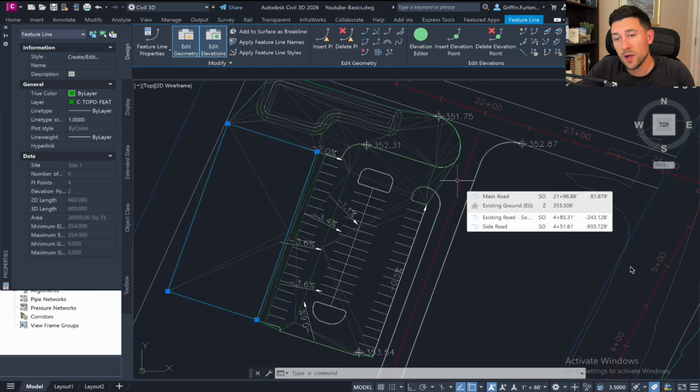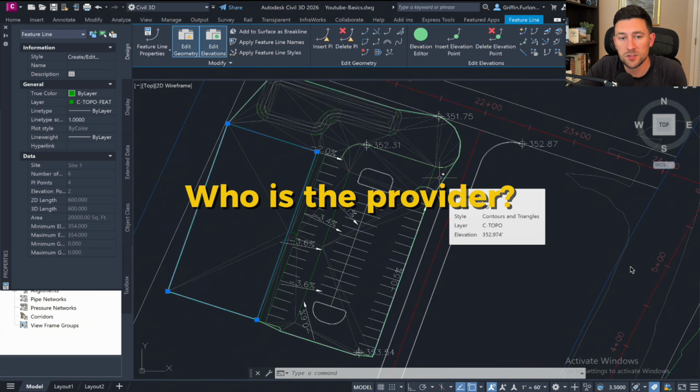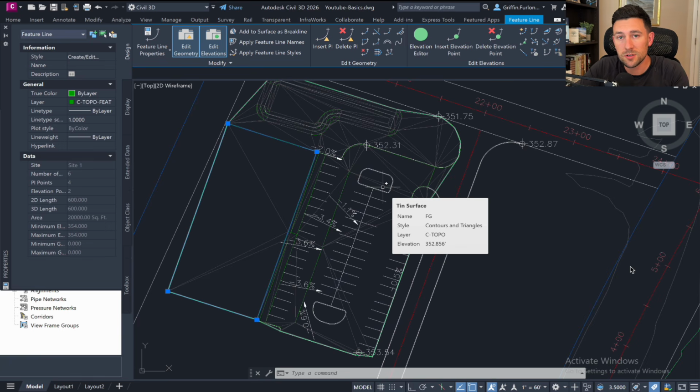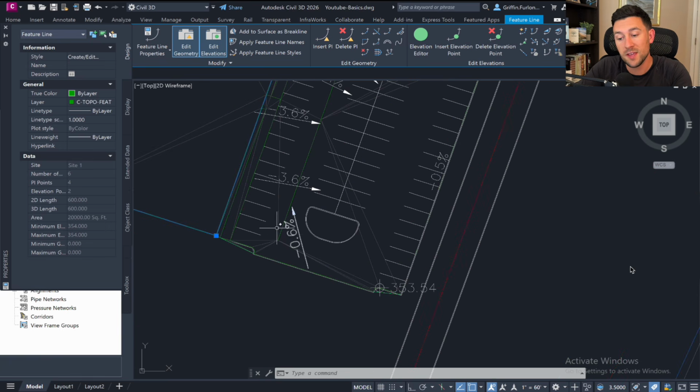And a lot of times what you'll have to do is ask the city or county who the provider is. Sometimes the public, aka the city or county, will provide the service, or sometimes it's based off a private provider. For instance, like Waste Management. Waste Management has their own criteria that they follow. There's certain dumpster dimensions, there's certain parameters that they need for their truck to actually enter the site and